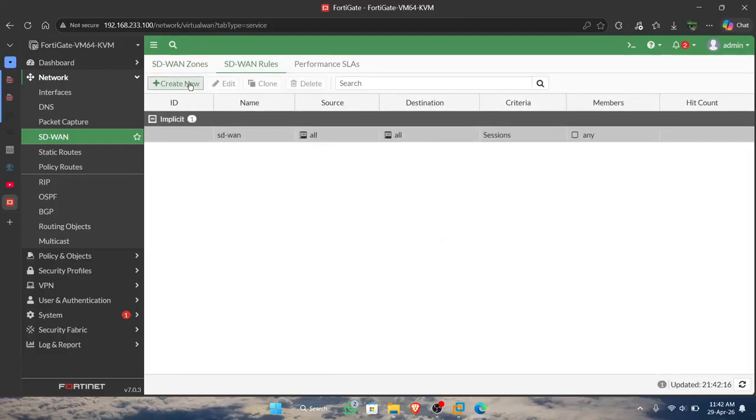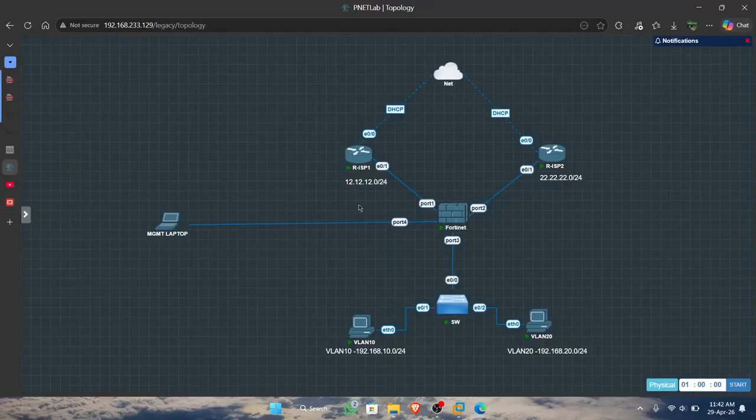We will make SD1 rules so that VLAN 10 can traceroute and ping to the internet from ESP1, from IP 12.12.1, where the gateway is 12.1. In VLAN 20 it can ping to ESP2.